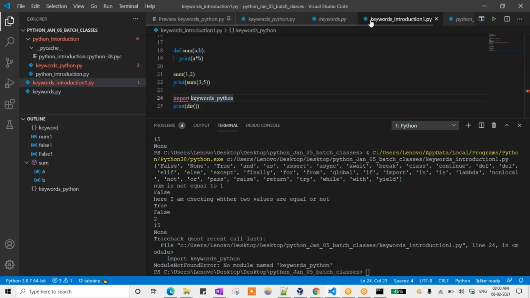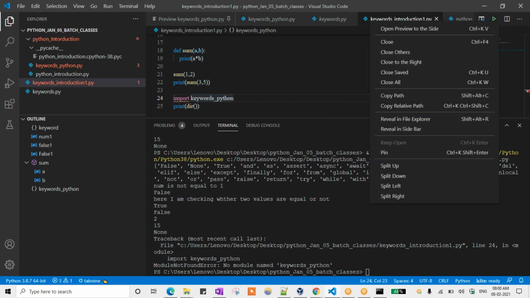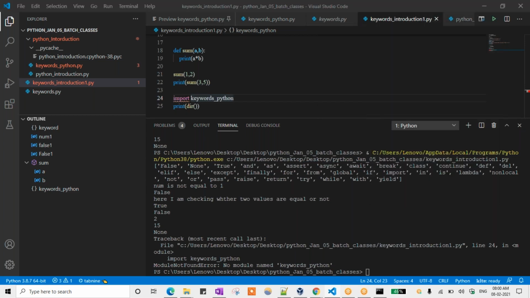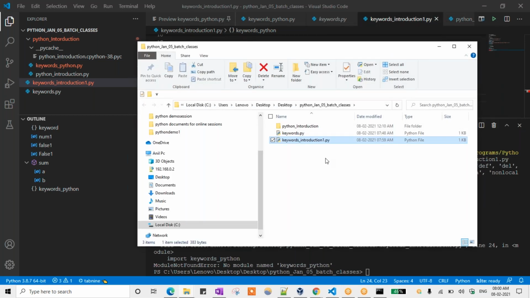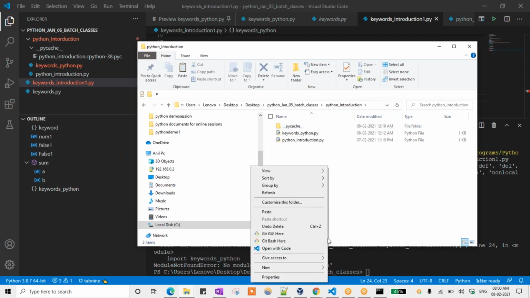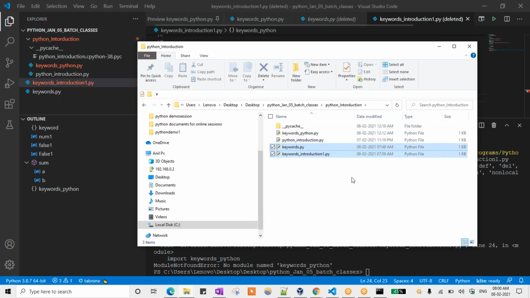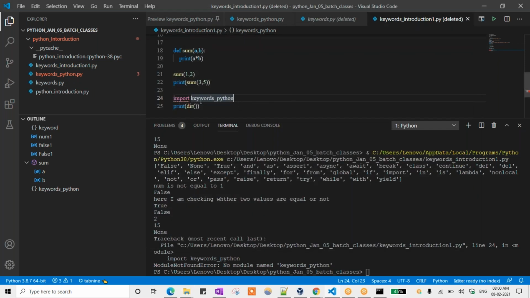What is the location here? Okay, sorry. This file has to be inside of that one. I can keep this inside that one. Then we can access that one. So now if I access those things, you won't see that issue.